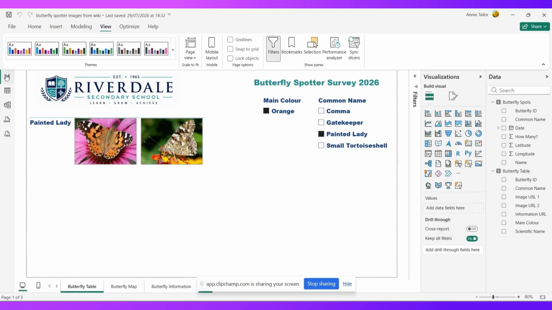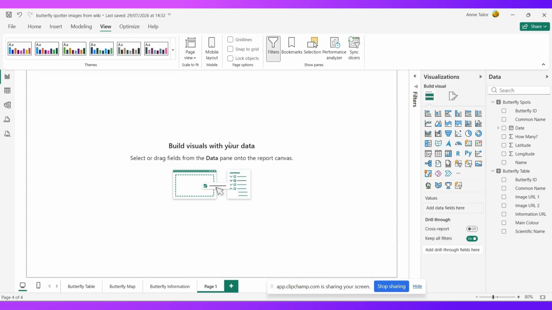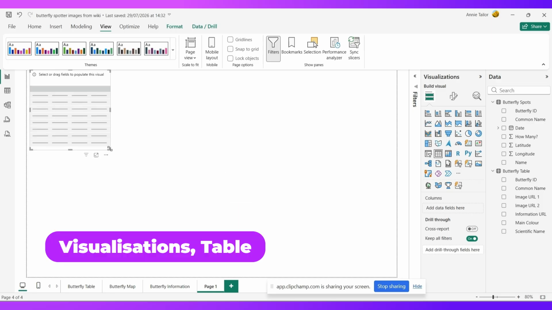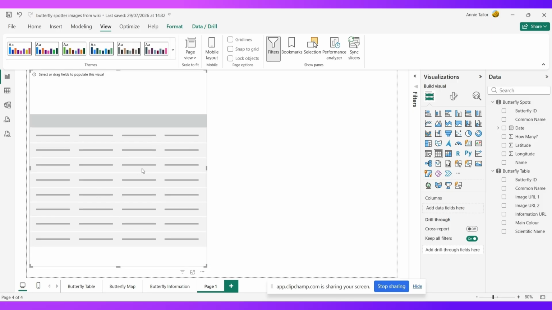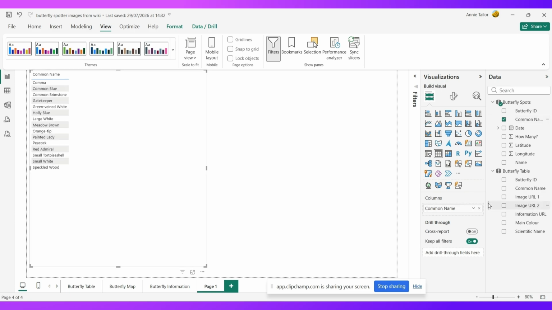So if I go into my report view, I will just create an additional report. I'll get this little box out of the way. There we go. So I'm just going to create a little fake report. On my report, all I did was choose a visualization called table. In order for the filter to work, you know, we put those slicers on there. In order for them to work, you need to have whatever field you are going to filter by. So in my case, I'm going to have the common name and